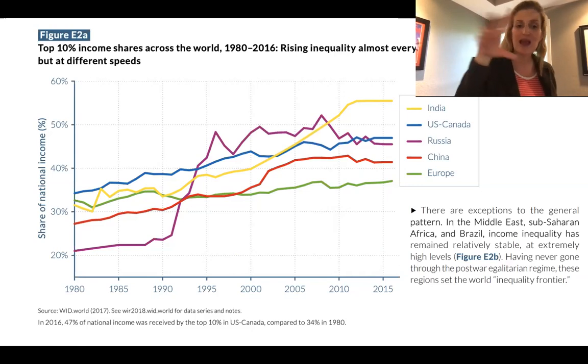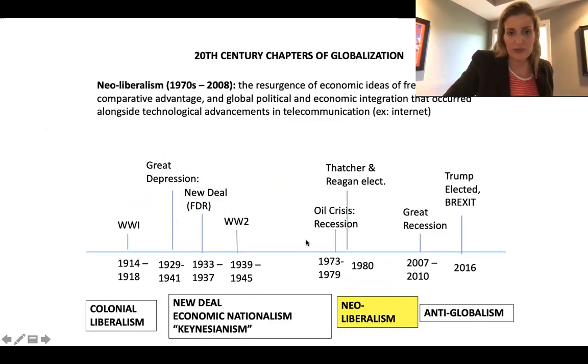So I just mentioned in the last slide that Brazil, like Guatemala, after the CIA overthrow of Arbenz and the installation of military dictators, Guatemala reversed land reform, and Brazil never having a land reform to break up that colonial inequality. These countries have always been super unequal. I like that term, the inequality frontier. Brazil had never gone through this period of post-World War II egalitarian redistribution of resources, high taxation, and high state investment in public programs.